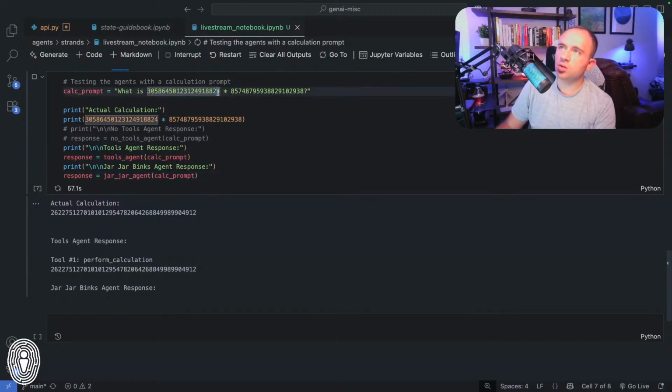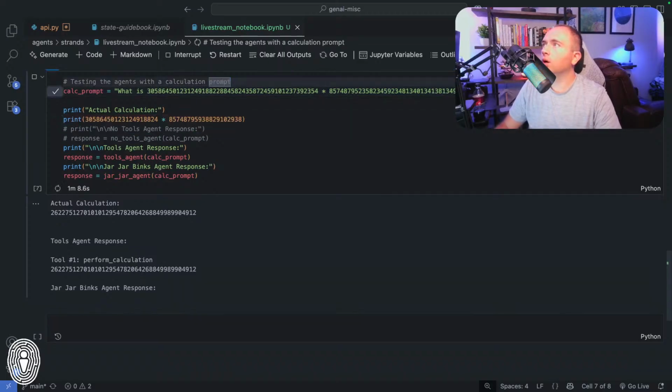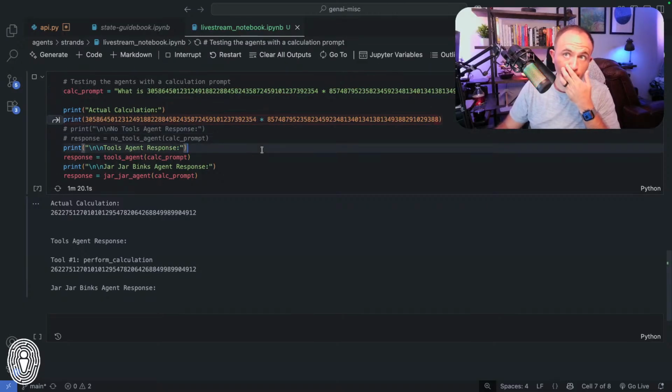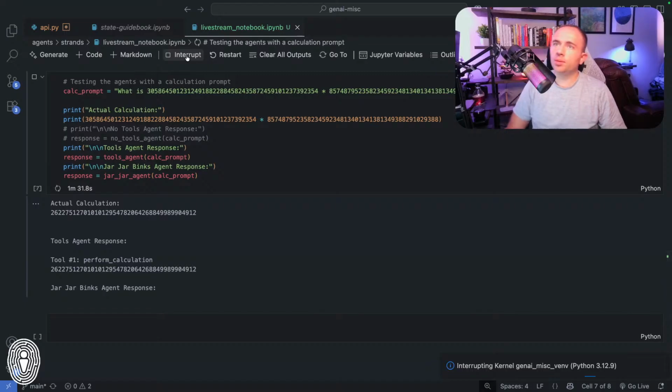But you know what? I am actually interested in increasing the size of this number. All right, so let's go ahead and do this, because these numbers are much bigger than the other ones. And the Jar Jar example is still running. I don't need it to run anymore though, so in fact, I'm just going to halt it. I'm going to interrupt it. It's probably going to say I have to restart my whole notebook. But let's just see what happens if I try to use a much larger number here.